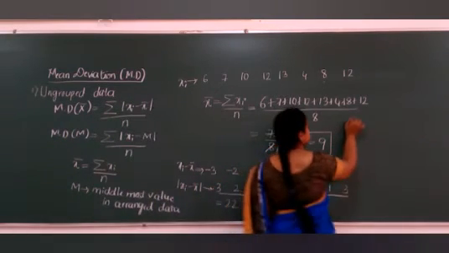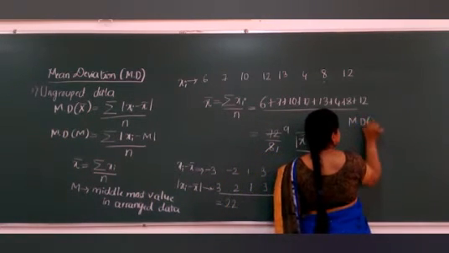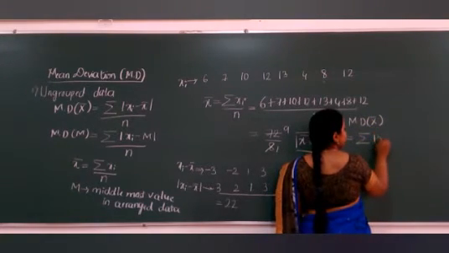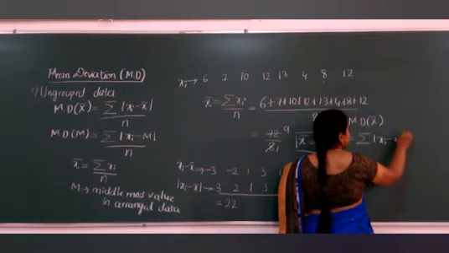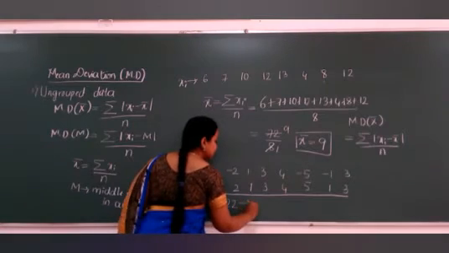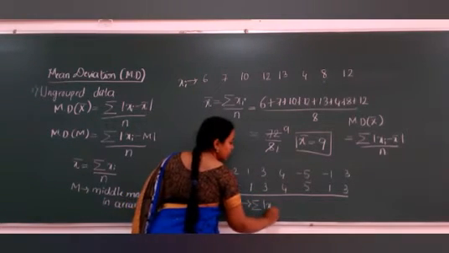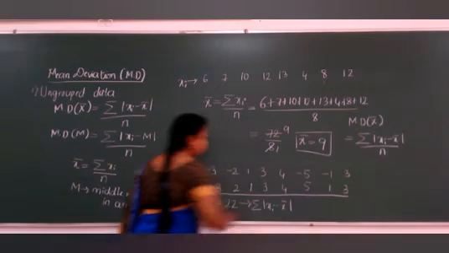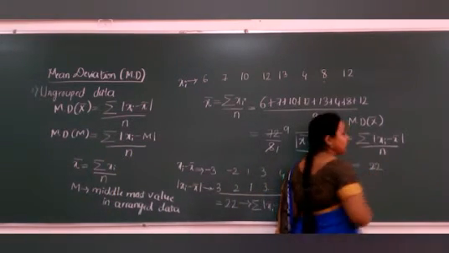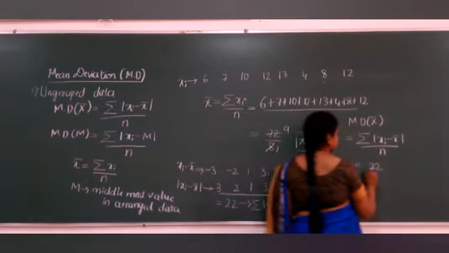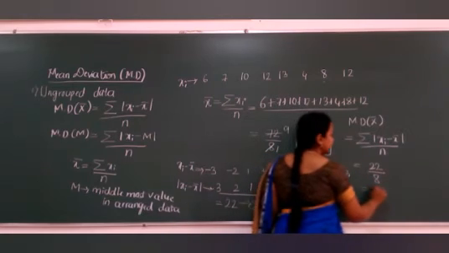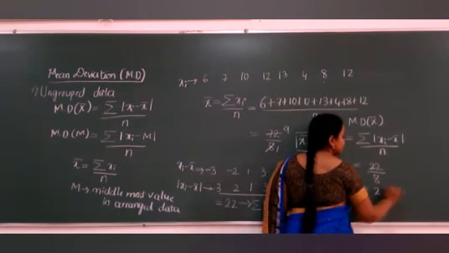So what is the mean deviation about mean formula? Mean deviation about mean, X bar, is equal to summation of modulus of xi minus x bar divided by n. So how much is the sum? This is summation of modulus of xi minus x bar. So how much have we got? It is 22. And how many total observations are we having? There are totally 8 observations. So divided by 8. When we cancel out 22 by 8, you will get the answer as 2.75.